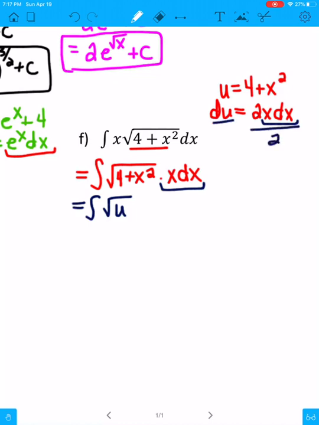Divide that 2 over. Dividing by 2 is like multiplying by half. So I get 1/2 du equals x dx. And now I can replace x dx right here with 1/2 du. So I'm going to times by